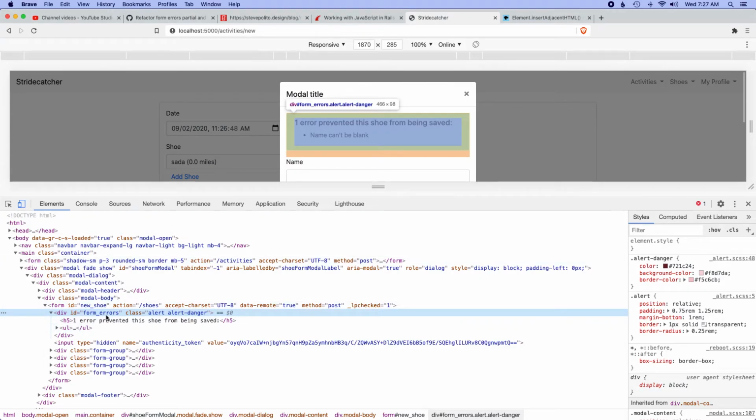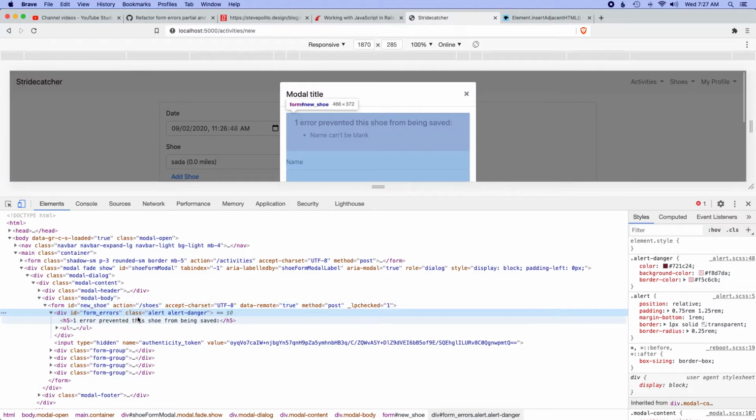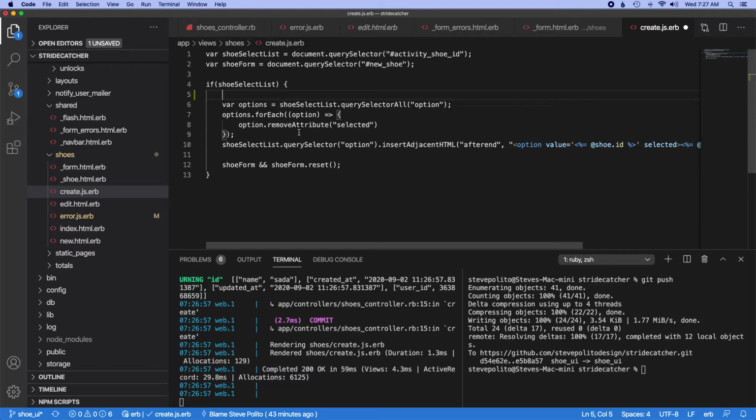And one thing I'm realizing is there's a chance this could happen twice on the same page, because the activity could have form errors and this modal can have form errors. That's not semantic. We should probably take care of that in a later video, but for now, what I'll do is form errors, and that will be